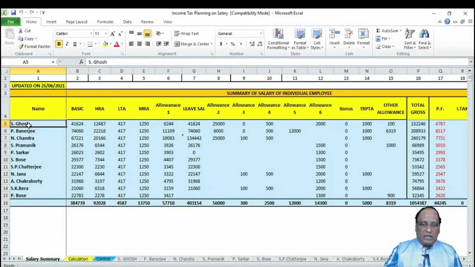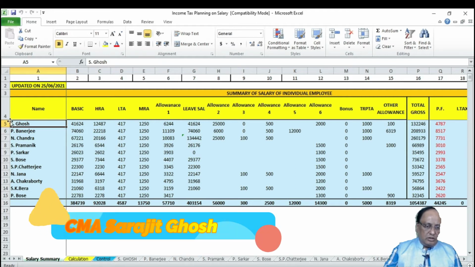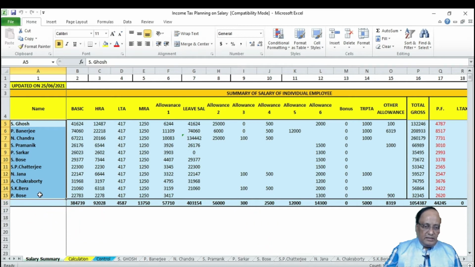So let's start with our Excel. This is the sheet that is the salary summary. Here, the summary of salary of individual employees is given. There is the list of employees and the basic and other data related to the salary structure.